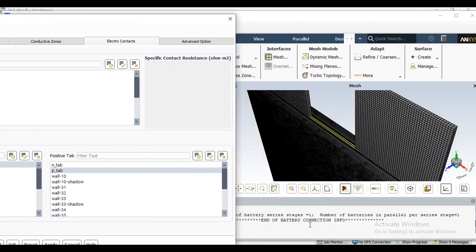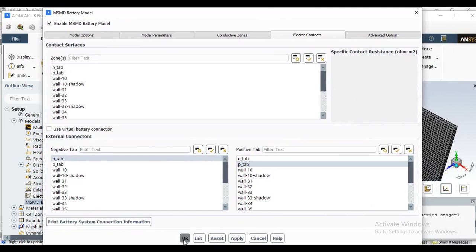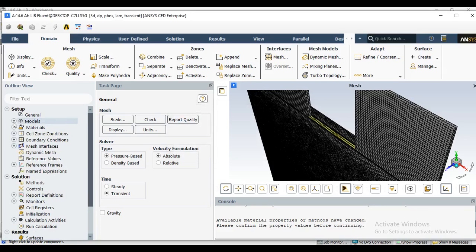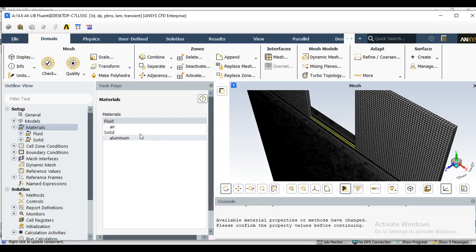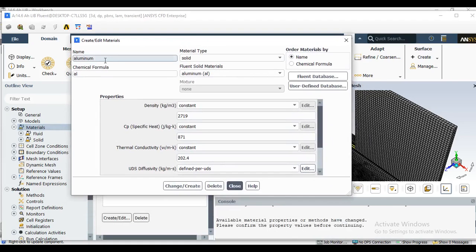So the battery connection info is done. We click OK. And now we need to go to the material section and introduce new materials. So we go to material, we select the aluminum, we change the name to active material